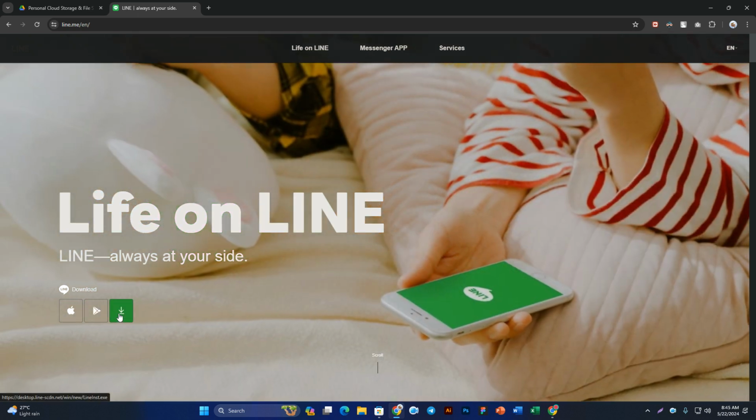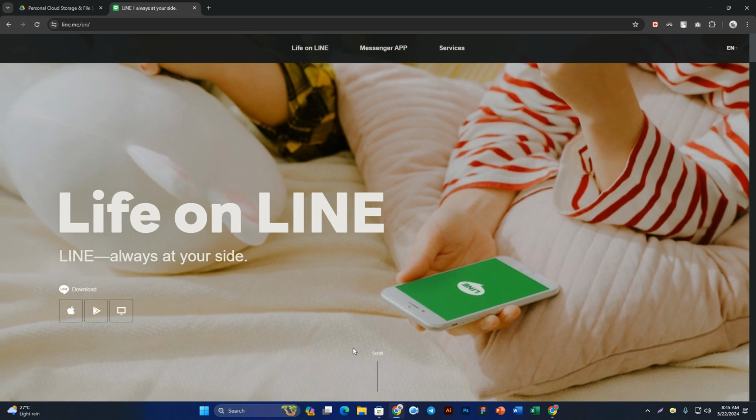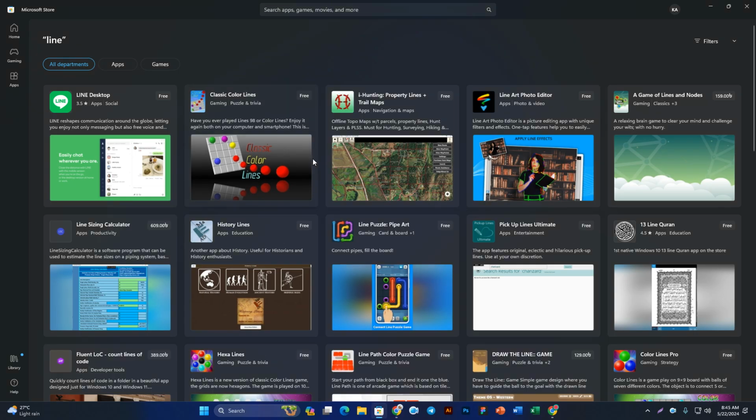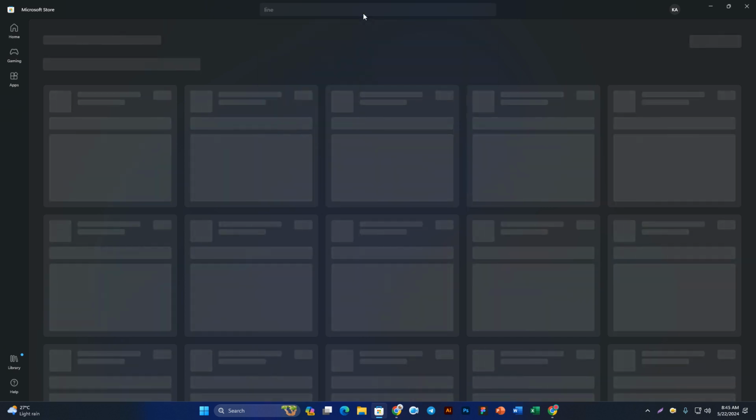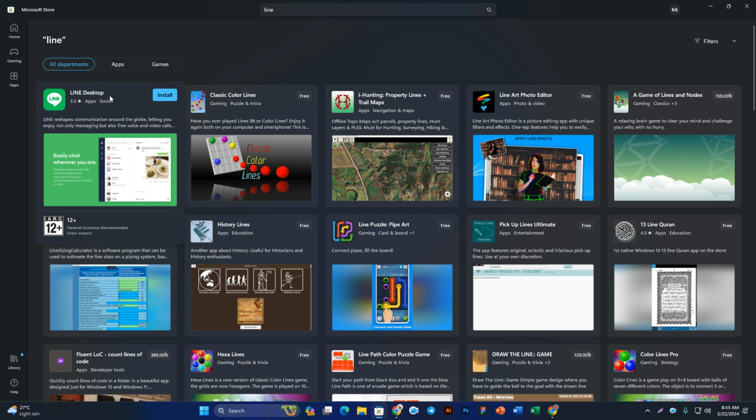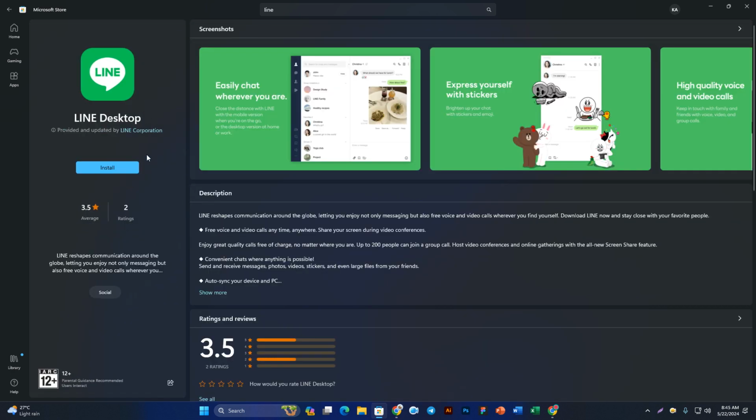So if you click here, then it will install, or you can also click here. So you can say second option, click the install. It's really easy. After installing, you can